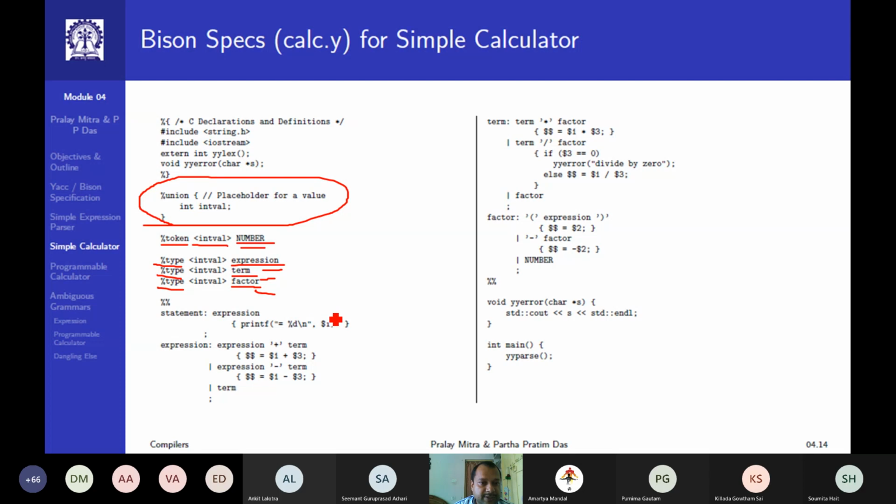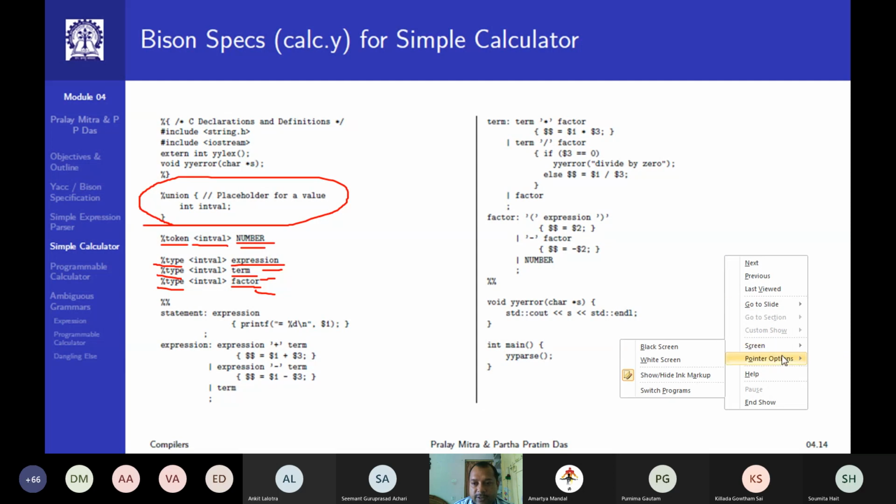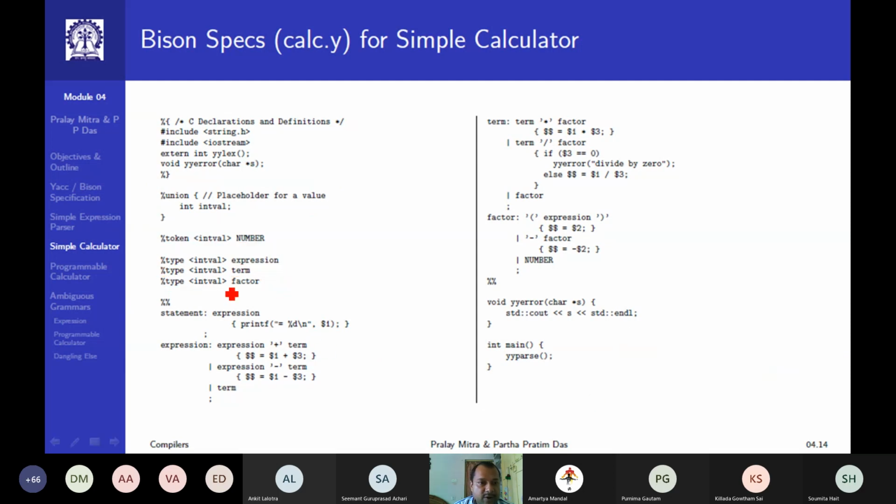Similar to that, some concept is used here, and you see in the declaration part, initially it was percent token number. Now I am giving some int val, and for all the non-terminals, expression, term, factor, I am giving percent type with some int val. Although I agree that for the statement, I am not giving any type because statement is kind of start state here and it is occurring only once. And when I reach the statement, then I am done. So no need to carry that information further. That's why I am ignoring that one. But if you want, it's up to you.